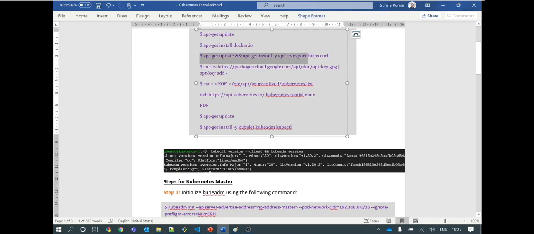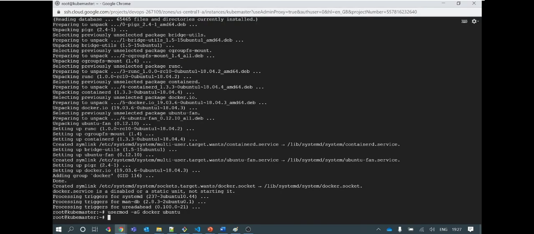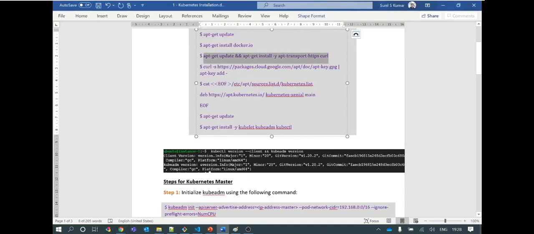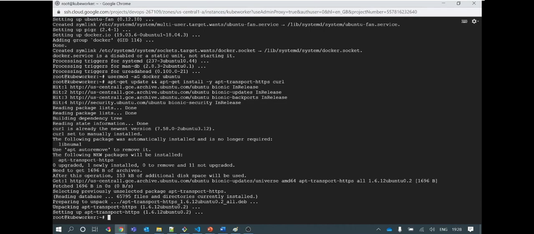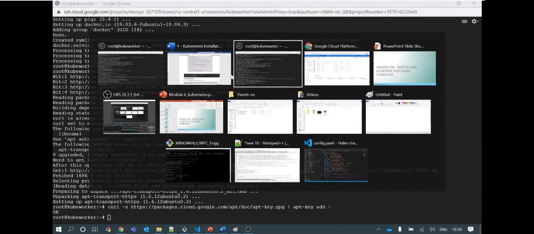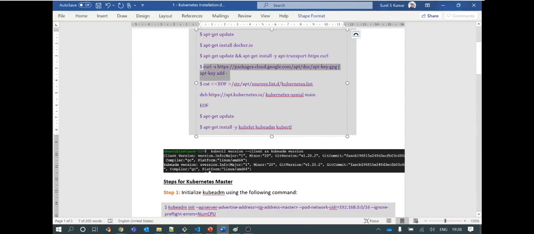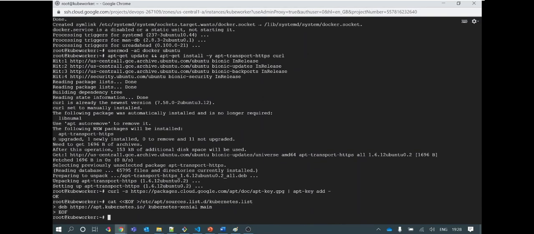Next is installing these packages, curl and apt-transport-https, on master as well as slave. This shouldn't take much time. Next is adding the gpg key on both the servers, to add my Kubernetes URL. I must check the output, it should be okay always. Then comes adding the repo to my software repo of Ubuntu. Added. It is just creating one file with the Ubuntu repo in the sources list.